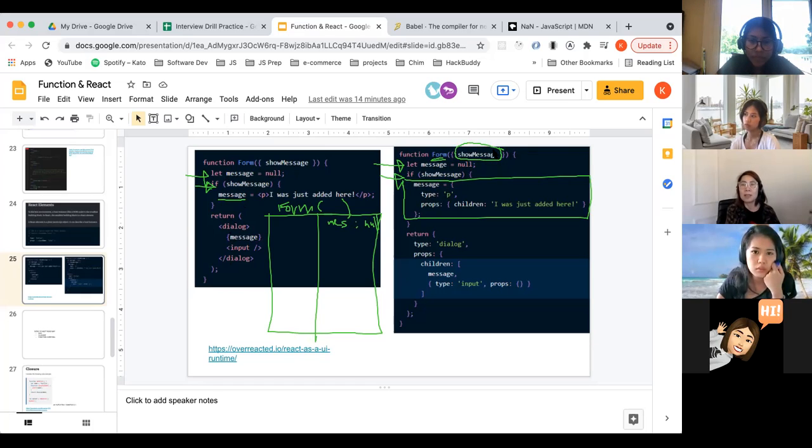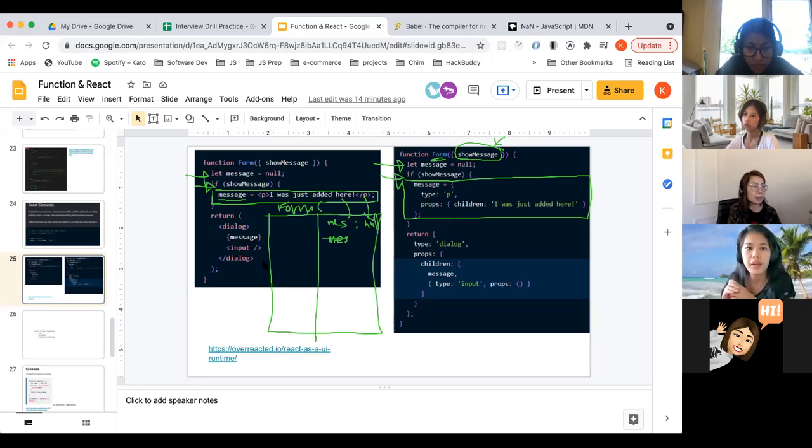Somewhere it might be true or false, I don't know, but it will check first if the prop sending showMessage is true, then we will have message reassigned. We will reassign message to this. And now we have message, instead of null, become a paragraph tag. And then,